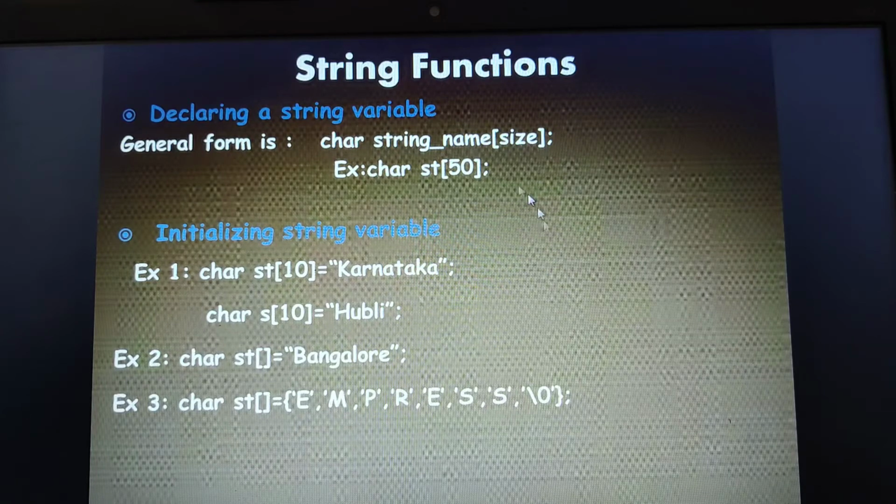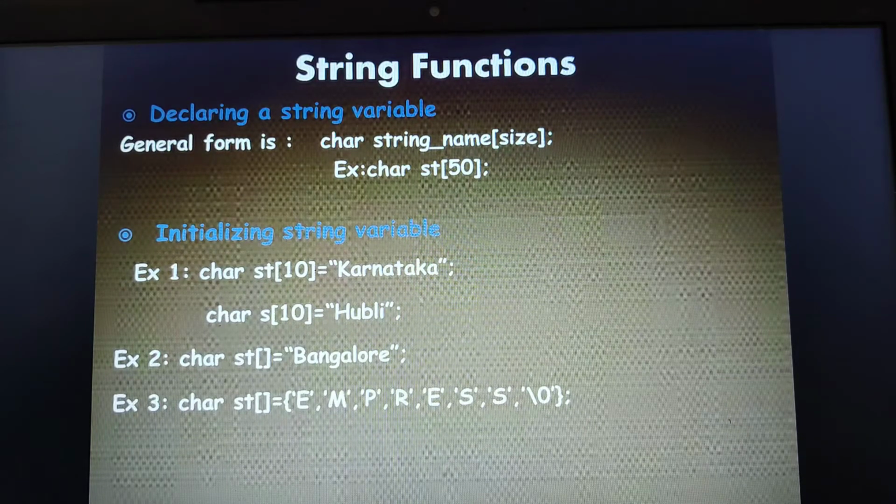And if an entire string is initialized to this particular string variable, then the null character will be appended by default by the compiler itself. I hope you are able to understand how we declare a string and the different ways we can initialize the given string.